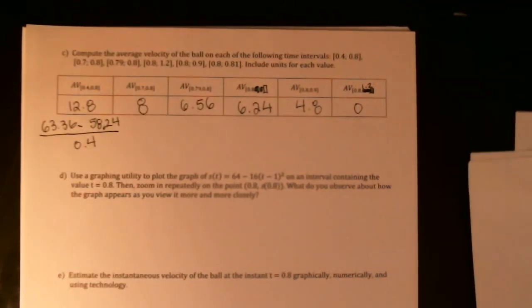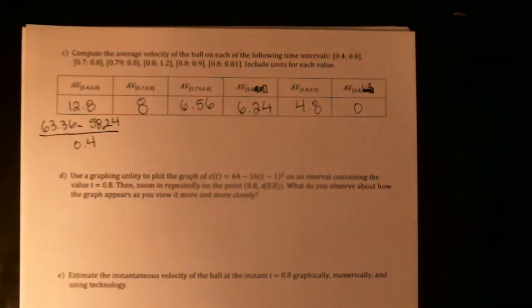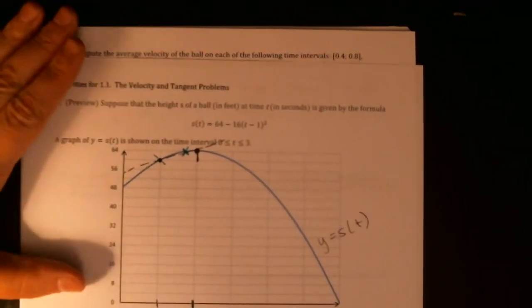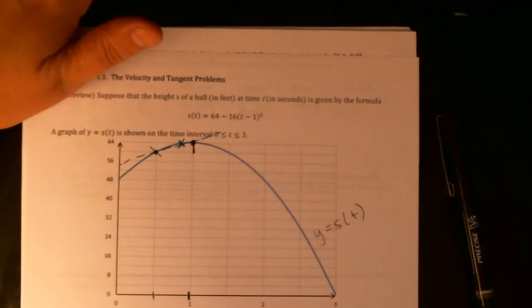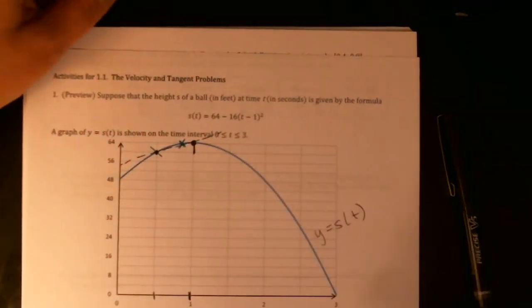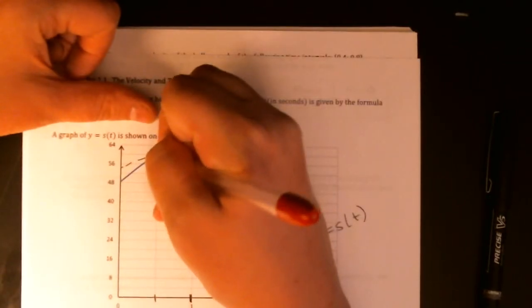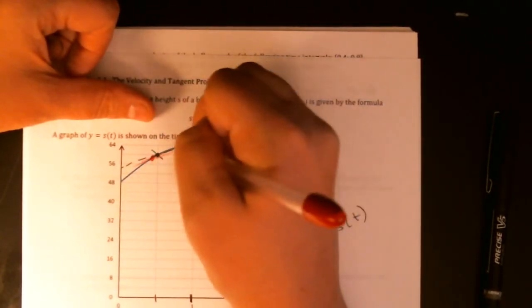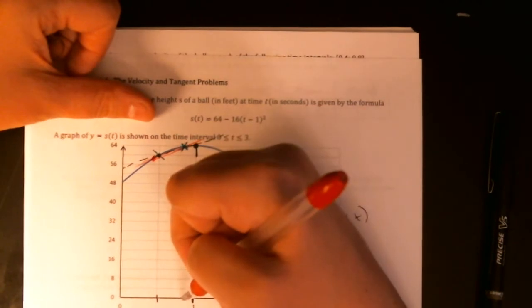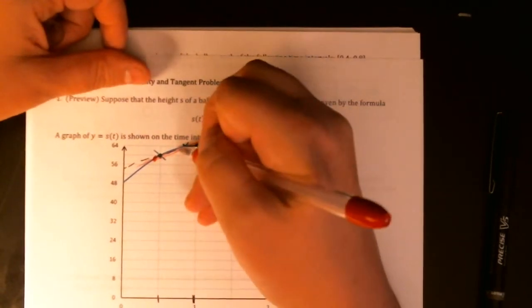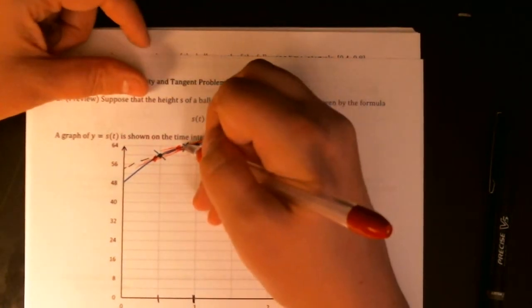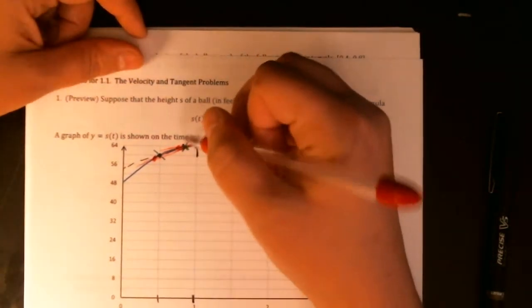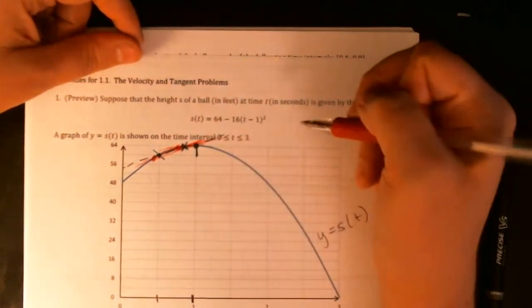And we can look at the picture just to see what's going on. Okay, so we did intervals. 0.8 was part of all of these intervals, and we let the other endpoint move around. So we did one from 0.4 to 0.8. So there was a secant line, and then we did 0.7 to 0.8, so we moved that point a lot closer, and there's just a little bit shallower tangent line, and then we did 0.79 to 0.8 really close together,